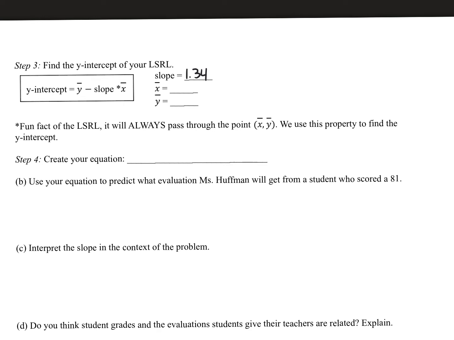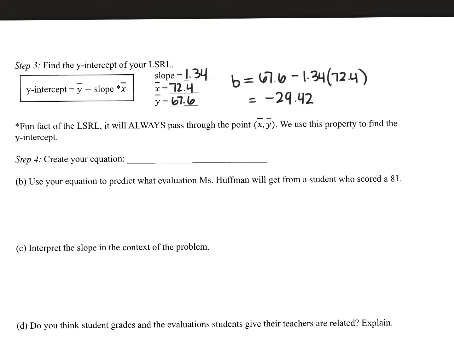The mean of x was 72.4, and the mean for y was 67.6. So b, which is our y-intercept, equals 67.6 minus our slope 1.34 times 72.4, which gives us negative